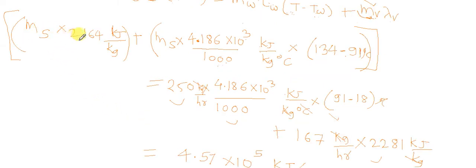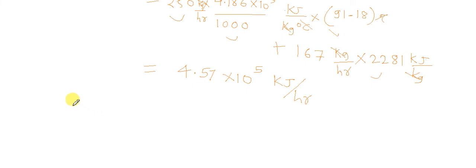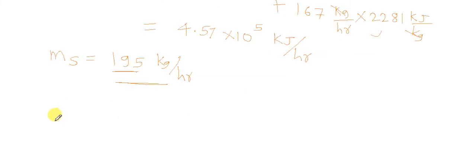So here the unknown quantity is only MS. Here only MS. So when you solve this, you will get the value of MS, that is equal to 194 kg per hour. You please operate the calculator and find out this value. Just check, are you getting this value, 195 kg per hour? Okay. Once you get this value, mass flow rate of steam 195, then now we will use the design equation of